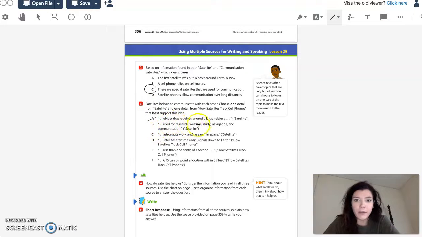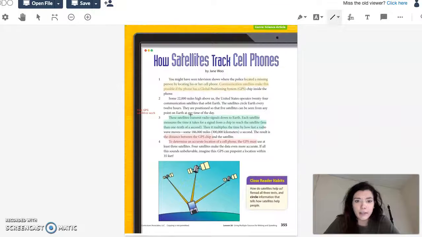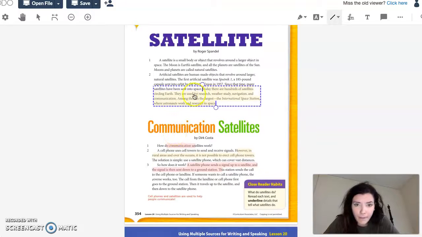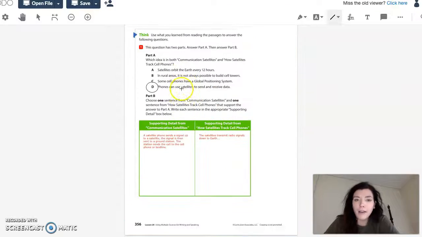Okay. Used for research, weather, study, navigation, and communication. Let's see. Let's read that whole quote for us. Today, there are hundreds of satellites circling Earth. They are used for research, weather study, navigation, and communication. Does that one talk about how it helps us